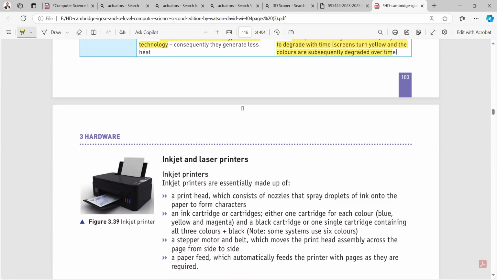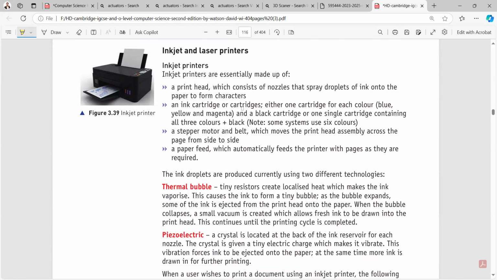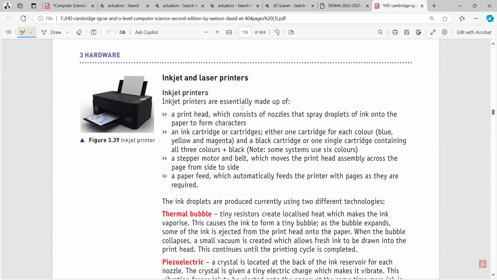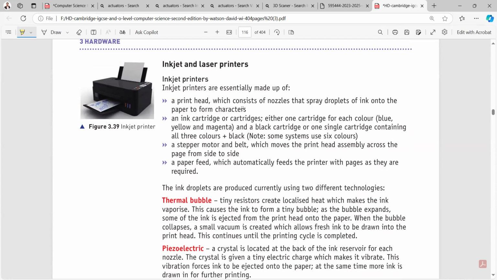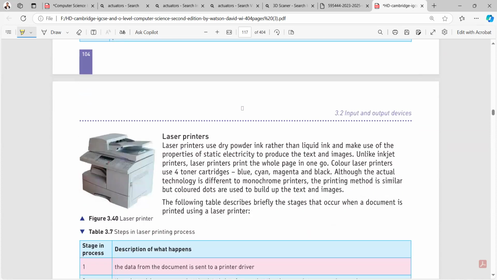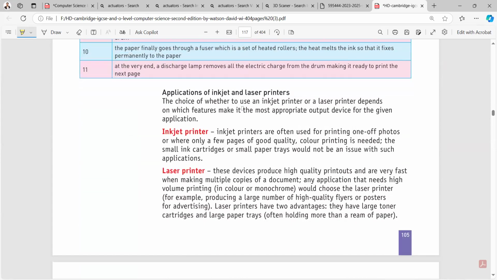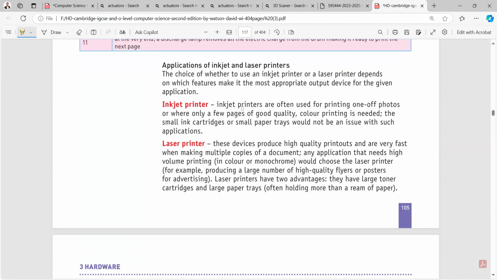Just after that, I have the two examples of printer. One is an inkjet and the second one is a laser jet. inkjet के अंदर आपके पास ड्राई इंक होती है, और लेजर जेट के अंदर आपके पास जो है पाउडर्ड इंक होती है। अब अगर आपके पास लिक्विड इंक है, तो लिक्विड इंक से क्वालिटी बहुत अच्छी आती है लेकिन थोड़ा सा स्लो होता है। अगर लेजर जेट है तो लेजर जेट से ड्राई इंक होती है, तो क्वालिटी थोड़ी सी कम होती है लेकिन बहुत फास्टर होता है। तो अगर आपको बहुत तेजी से बहुत ज्यादा कॉपीज करानी है किसी भी डॉक्यूमेंट की, तो you can use a laser printer, क्योंकि वो बहुत तेजी से काम करता है। इंक जेट